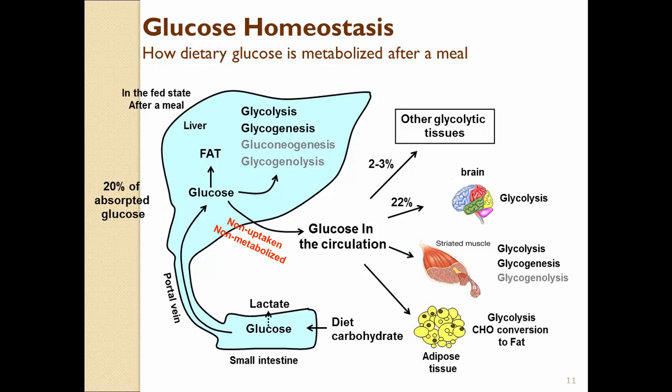So let's look at how glucose is metabolized in the liver. We know that in the fed condition, the most important metabolic pathway that can be activated in the liver is... what are we going to do with the extra glucose we absorb from the diet? Yeah, store the energy in the form of glycogen. So the glycogen synthesis pathway, or glycogenesis pathway, will be activated in the fed condition, right, to store the glucose absorbed from the diet in